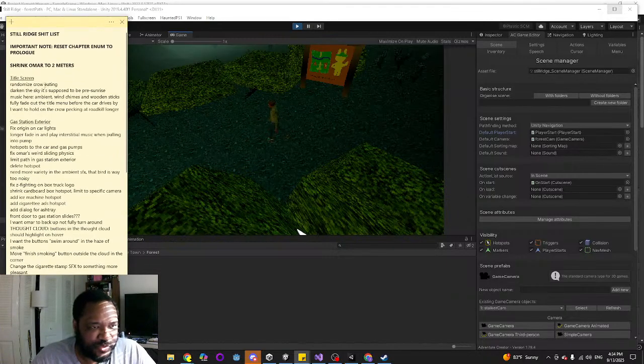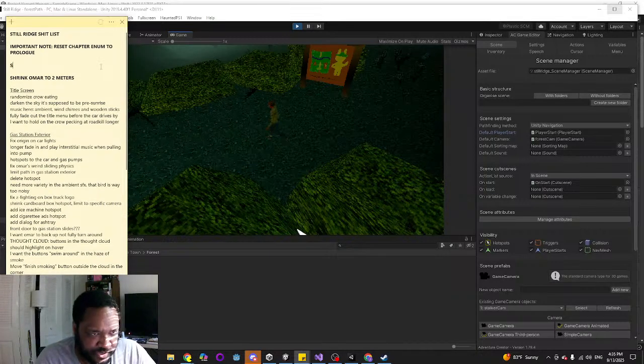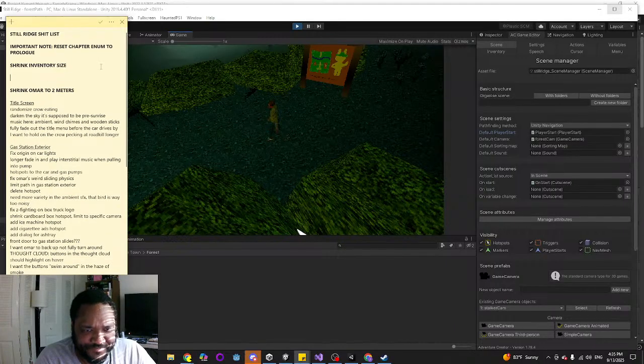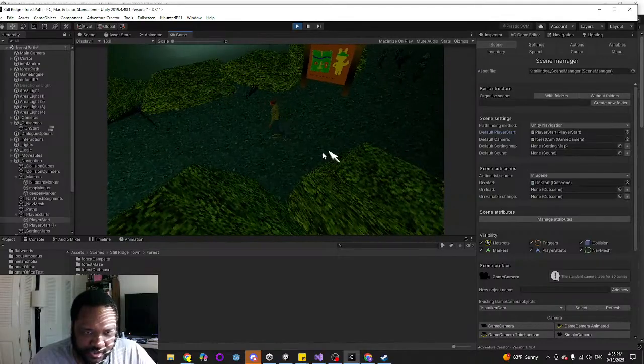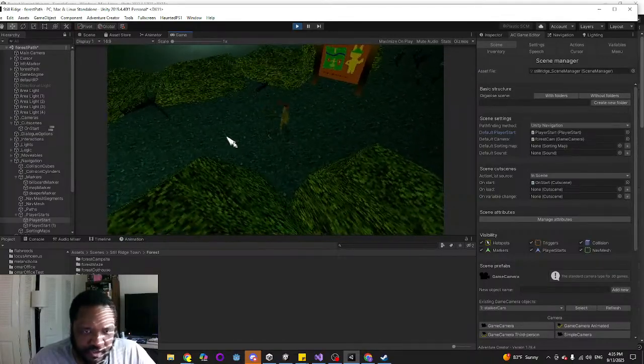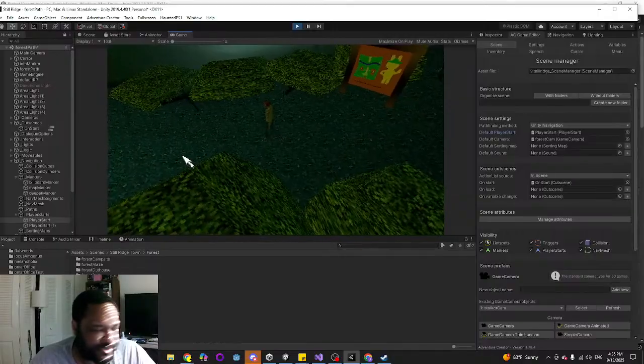Shrinking the inventory size is going to be a general task. And I also want to hold click to move instead of clicking, because otherwise it's just click, click, click, click. I want it to be like you hold click and you can continue moving, kind of like the Diablo games.